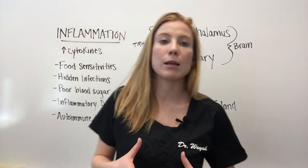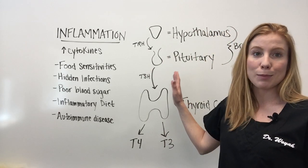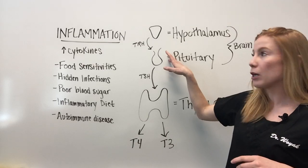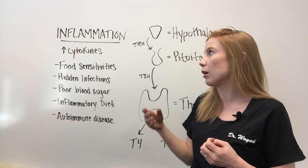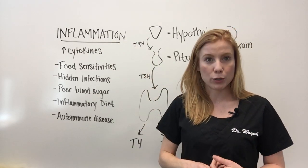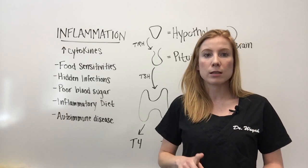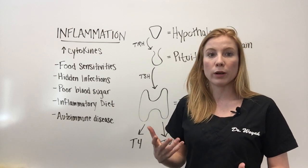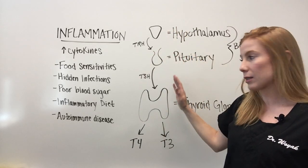Another big reason for thyroid dysfunction is inflammation. Inflammation will literally shut this path down. In your hypothalamus and your pituitary gland, you have a lot of receptors for cytokines. Cytokines are pretty much inflammation markers. So we do blood work in office that will show us if you're having increased homocysteine, C-reactive protein, fibrinogen, uric acid, all of those and more inflammatory markers, to see if that's stimulating these receptors to shut down